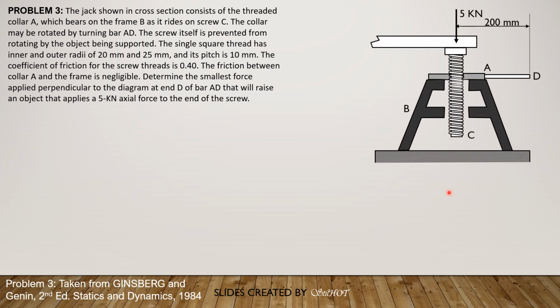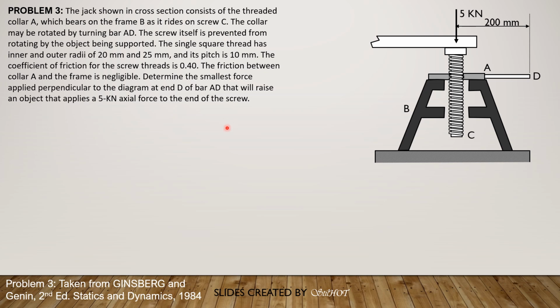So this is the given figure, and imagine this is a lever, then we apply a force perpendicular to the plane of this diagram or this screen, and so the couple that will develop is equal to that force P times this moment arm, 200 mm. And the formula is couple, or force times 200, is equal to W times the mean radius times tangent of the quantity angle of friction, phi s, because we are going to raise the weight of 5 kilonewtons, so plus